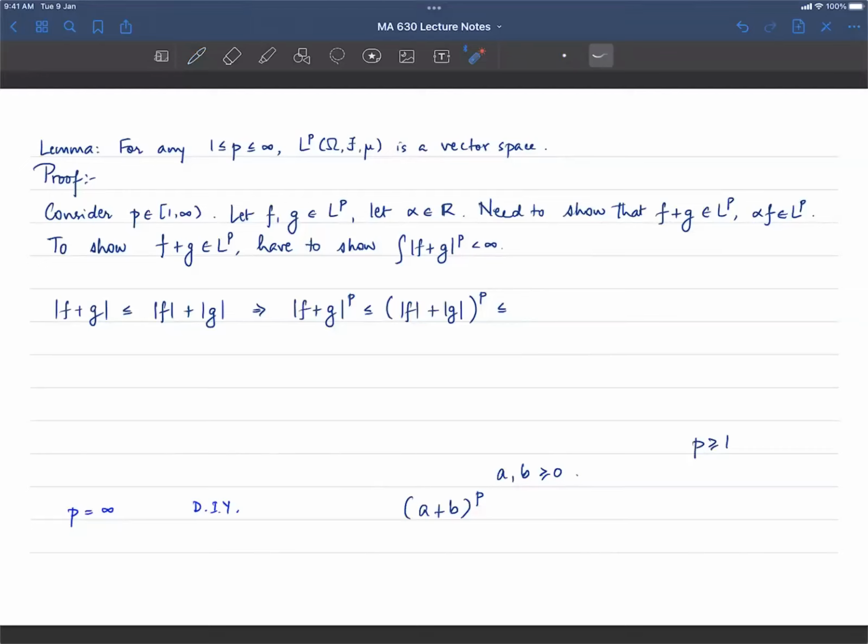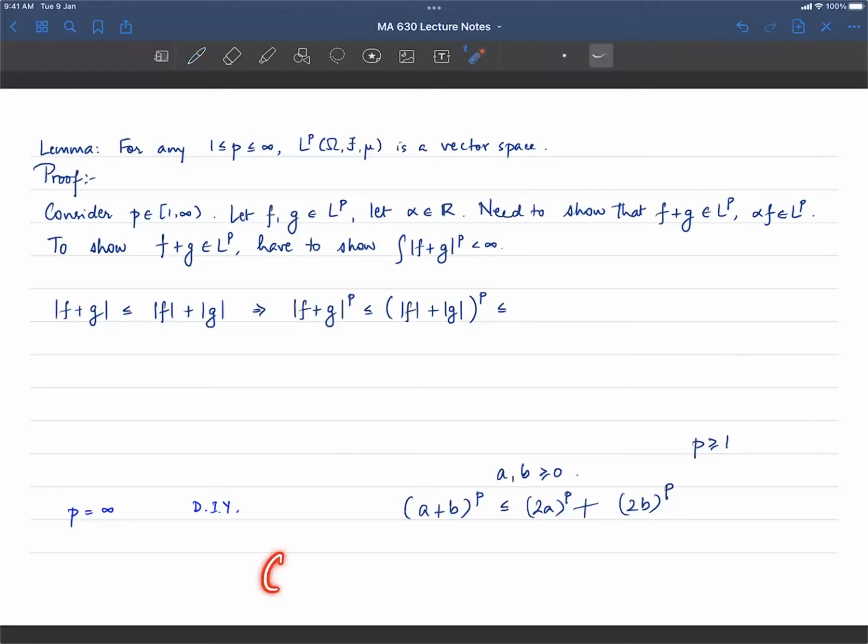What are the two possibilities? Either a is bigger or b is bigger. Suppose a is bigger, then this is going to be less than or equal to 2a to the p. Agreed? What is the other possibility? The other possibility is b is bigger, in which case this is less than or equal to 2b to the p. If a and b are the same, then you can use either one. At any rate, in either case, you can always use the sum of these two. So that's what I'm going to do next. A plus b to the pth power is less than or equal to 2a to the pth power plus 2b to the pth power. You guys with me?